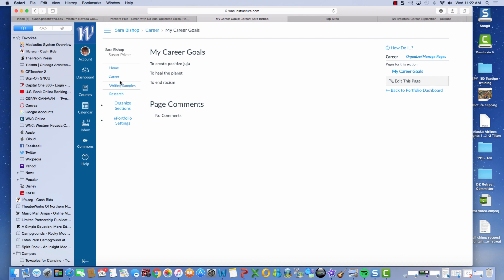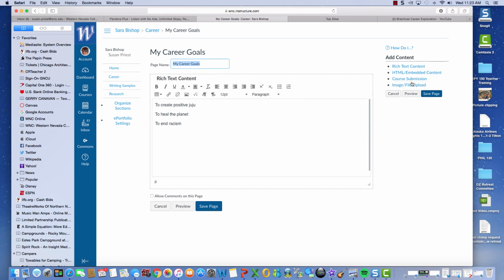So we would want them to maybe add a page where we would let me go back through here. I'm going to edit this page. I'm actually going to change this to resume, and then you could have the student actually put their resume right here